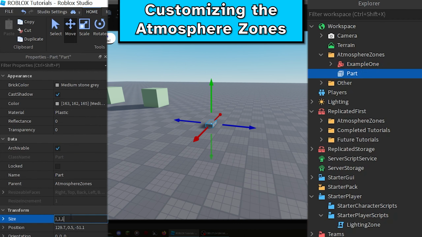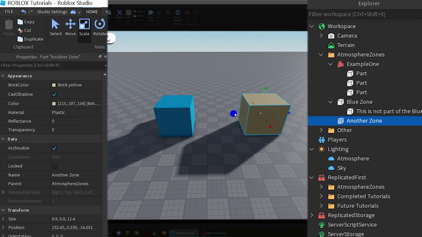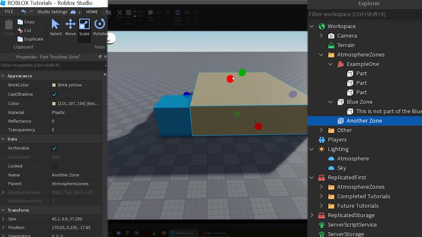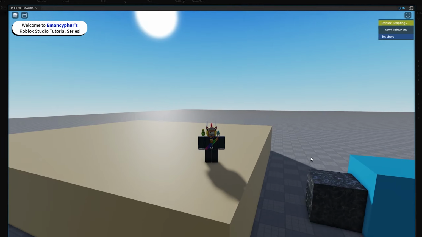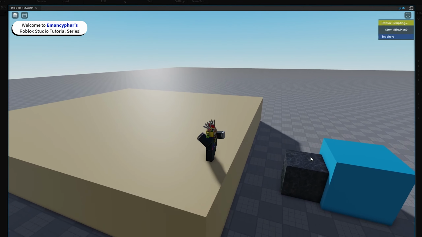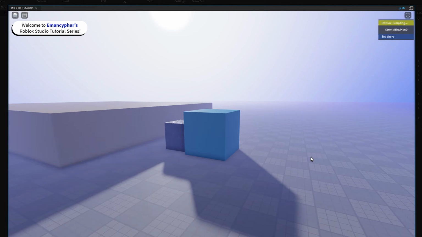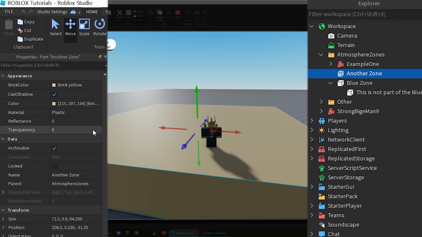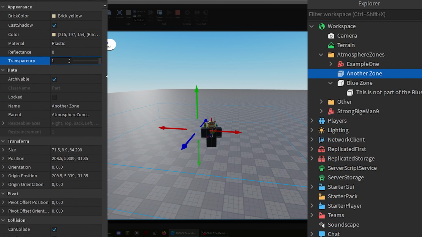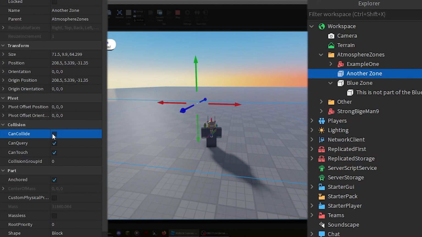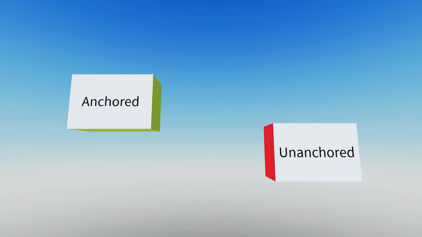From here, you can resize any of the parts in a zone to establish where the player needs to be for the atmosphere to change. If it isn't allowing you to move or scale parts through the map, make sure to disable the collisions option from the Home tab at the top left of the screen. Because a player will need to be standing inside of a part in the zone for the atmosphere to be updated, it's recommended to set the Transparency property of the part to 1 so that it becomes invisible, disable the CanCollide property so that players are able to walk through the part, and then enable the Anchored property so that it doesn't fall into the void.